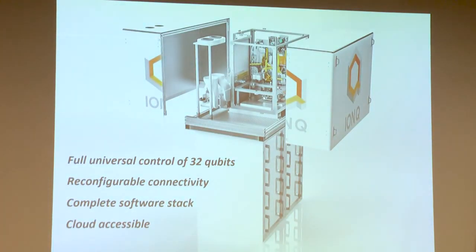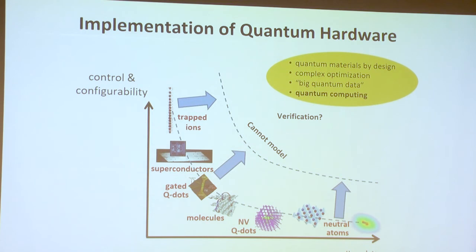And this is an artist's rendition of their module. It's not tiny. There's no refrigerator here. It's all room temperature, but it's big with the optical controllers and so forth. So the overall picture is that I've talked quite a bit about ions, but anything I talk about, I think it needs to be transferable to any technology.